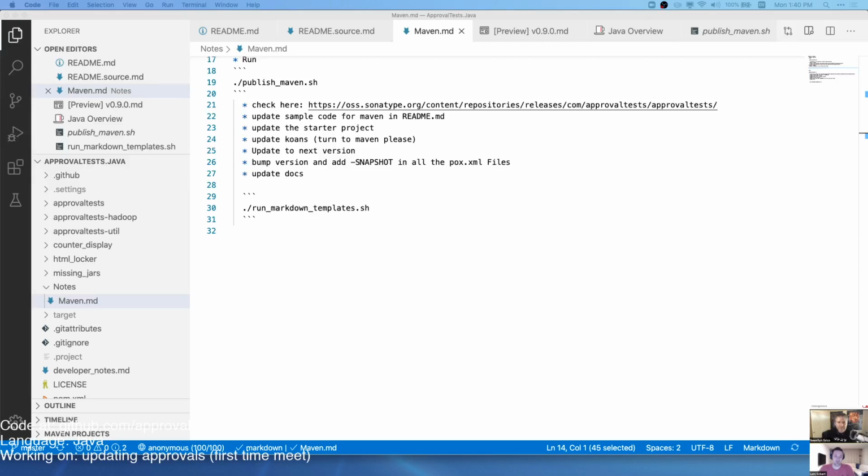There we go. And I believe I put this key under Maven. Yep.